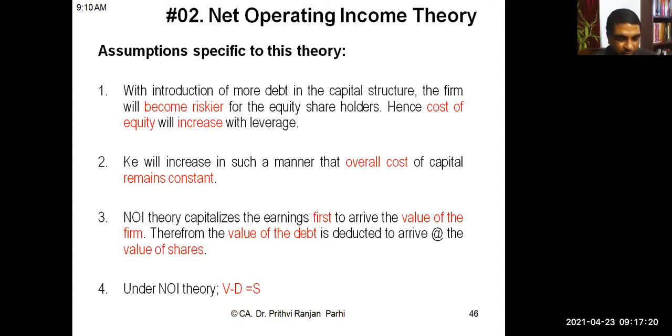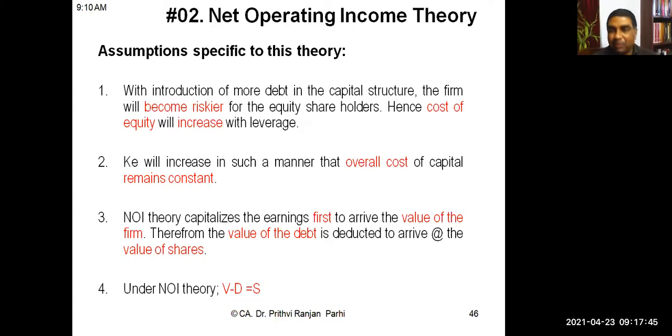Please read out the second one. Cost of equity will increase in such a manner that overall cost of capital remains constant. Okay. Cost of equity will increase, we agreed. Now to what extent will cost of equity increase? Second assumption says the cost of equity will increase in such a way that overall cost of capital will remain